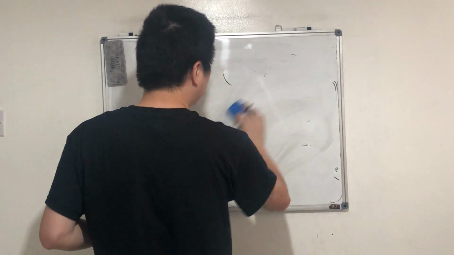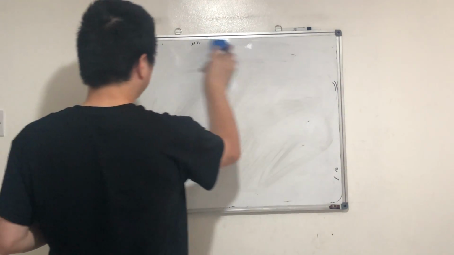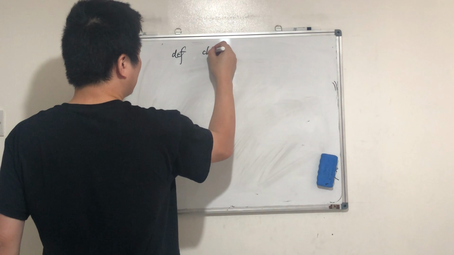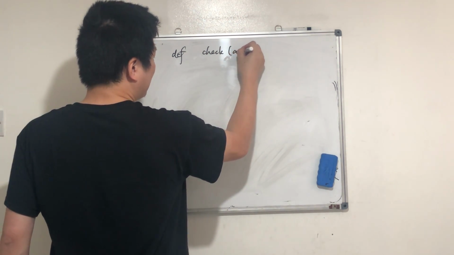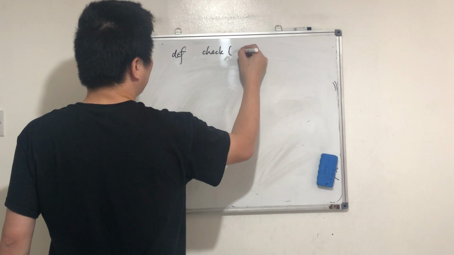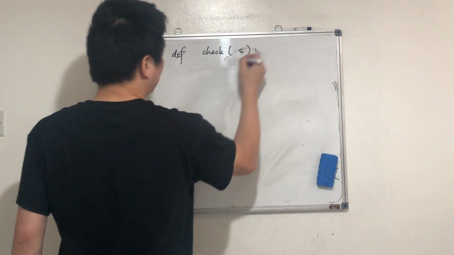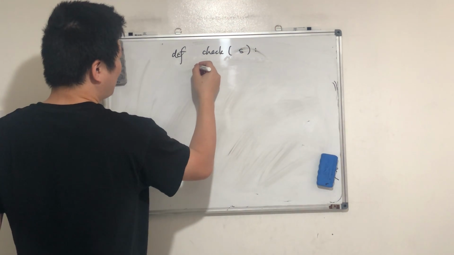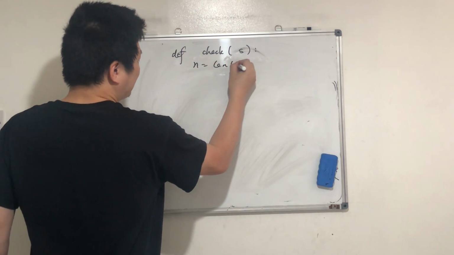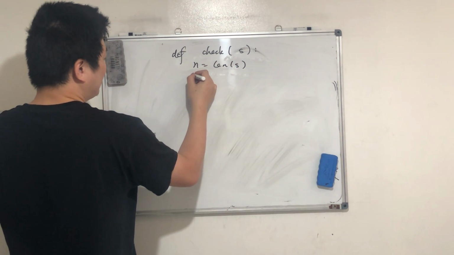And think about the time and space complexity, okay? I'm going to ask you in 1 minute. Define check array, let's say S in array, okay? Now what do we do? N will be the length of S, and then